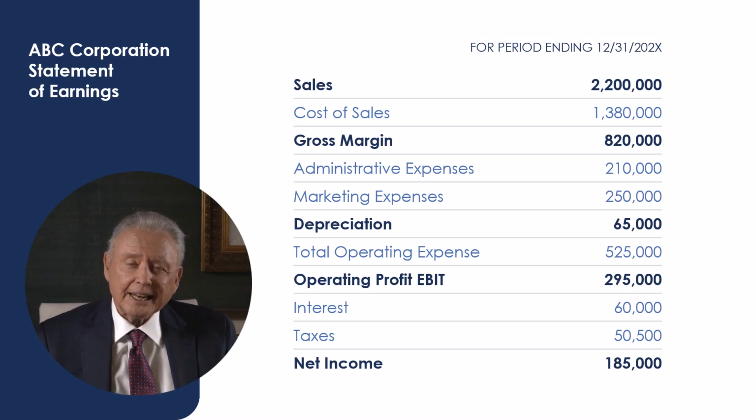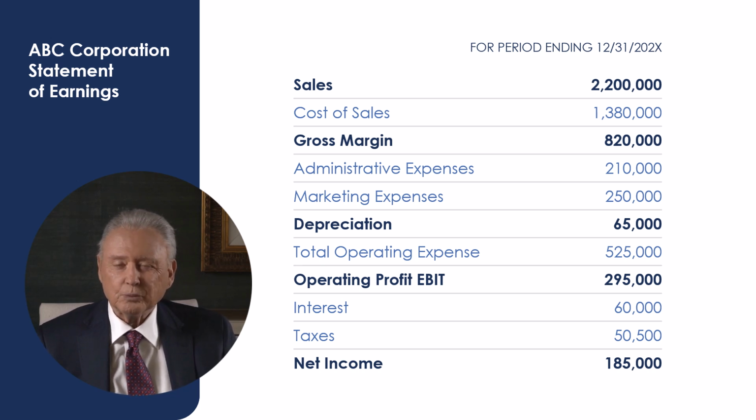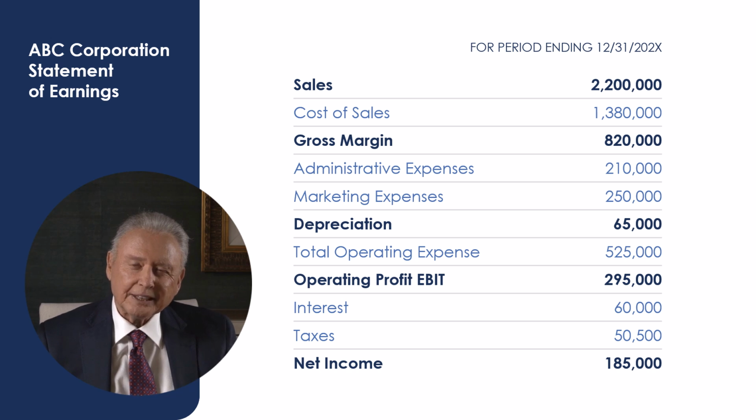Our first category of data is the earnings statement, showing net profit of $185,000 and $65,000 in depreciation. We start with the earnings statement showing earnings of $185,000. From these earnings, we make some adjustments. The first adjustment is adding back the $65,000 in depreciation. Depreciation was a deduction arriving at net income, as we can see from the earnings statement. However, depreciation is a non-cash expense. It is an allocation of part of a fixed asset's value to expense ratably over time. Since this expense does not involve any cash, we add it to net earnings as part of cash flow from operations.